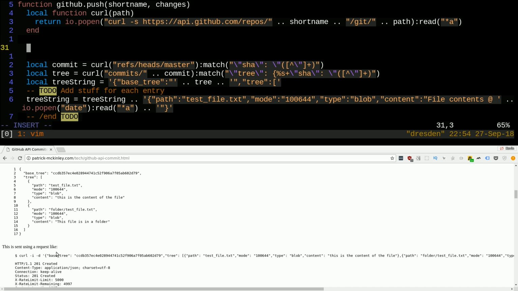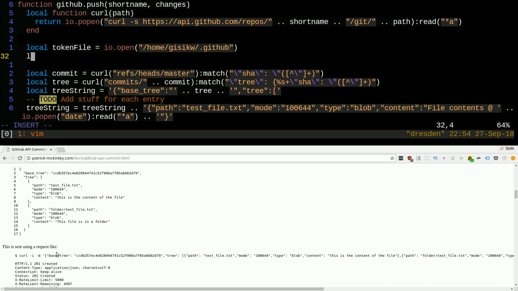Okay. Let's go ahead and say local token equals io.open. Let's see. It's not token, it's token file, because there's not a one-line read as far as I know. I'm going to say home eckw and then .github. And then I'll say local token equals io.read all. Fair enough. And then